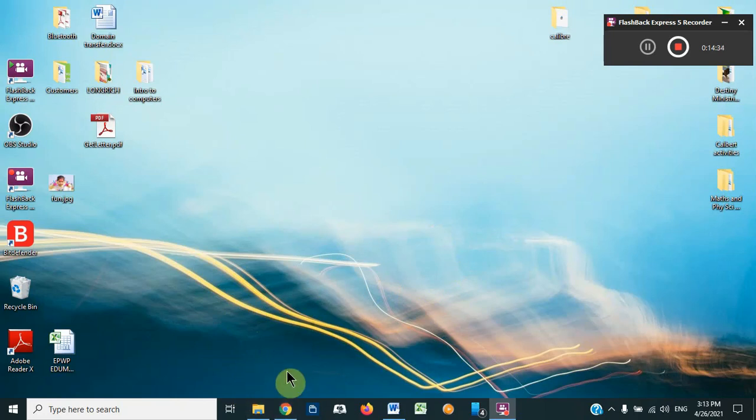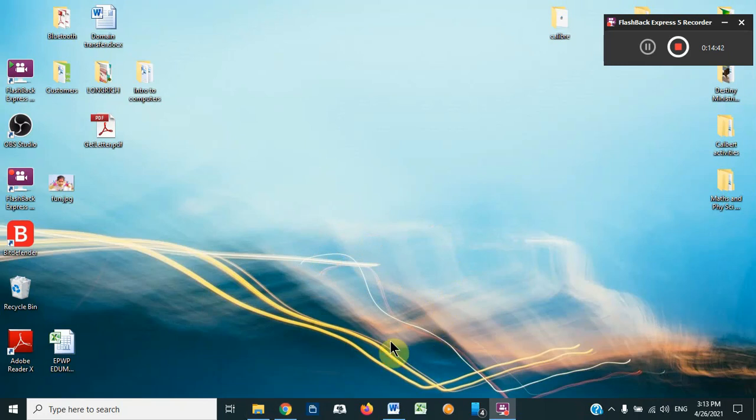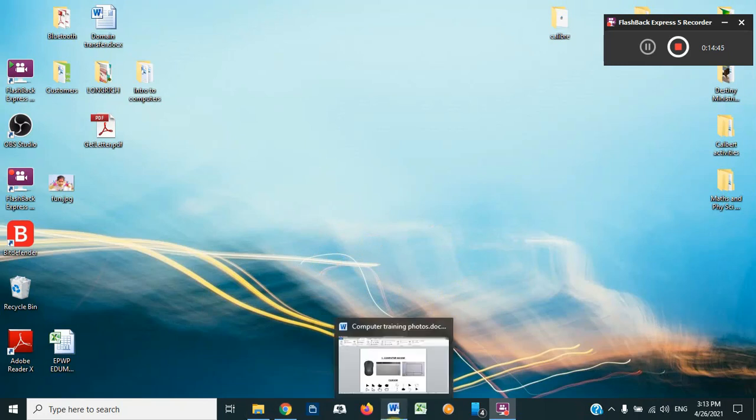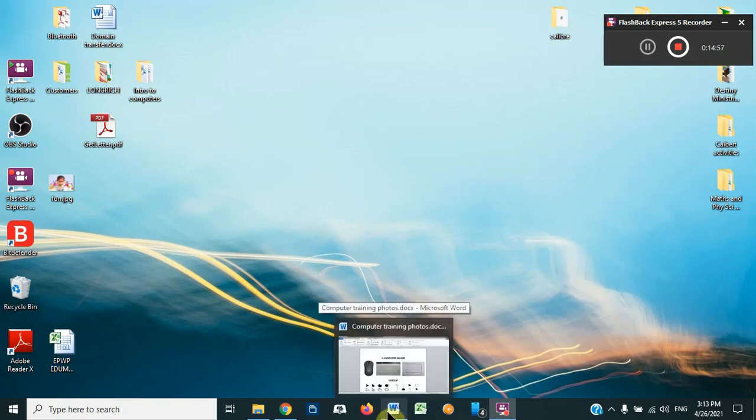We have this one here, which is Chrome. The other time I made a mistake when I was saying Chrome, I said Mozilla Firefox. This is Chrome, it's active. Let's go here. This is Microsoft Word, it's active. And there is a software I'm using for this recording, which is also active. Okay, so basically, that is minimized. So if I want to go back to Microsoft Word, I go there and I